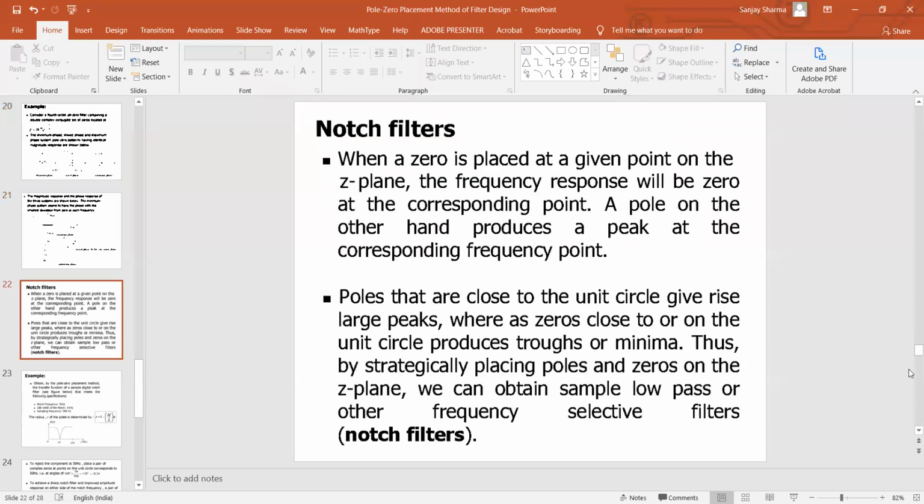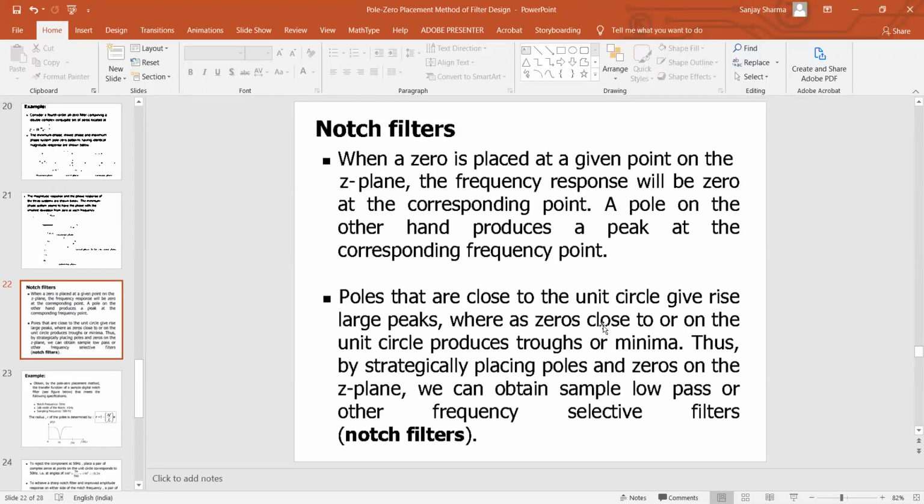Let me come back. Poles that are close to the unit circle means that they are close to the circumference of the unit circle. Probably in my previous sentence I said it otherwise, but it is not so. Please make a correction. Poles which are close to the unit circle, meaning away from the origin, give rise to larger peaks, whereas